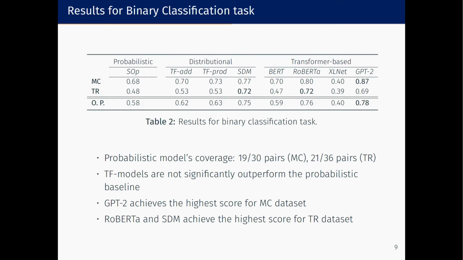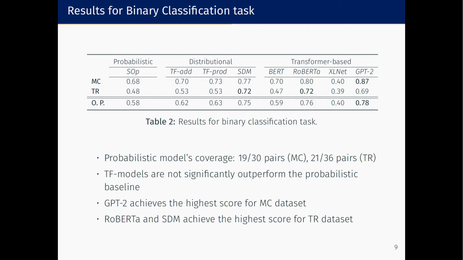In what follows, I will present in detail the results of the models over the 4 datasets, distinguishing between the binary classification task and the correlation task. As concerning the binary classification task, this table reports the accuracies obtained by all models. Regarding the probabilistic model, the scores are very similar to those of the thematic fit model. However, the main issue of the probabilistic model is its coverage. In fact, this model covers only a subset of all items, 60% more or less, so we cannot really compare it with the other models.